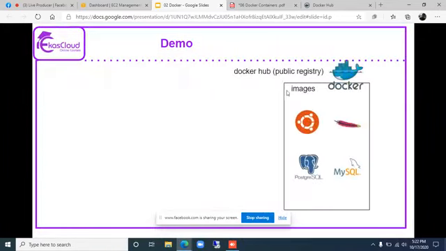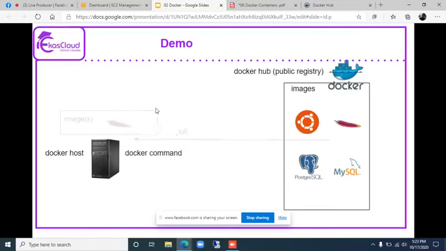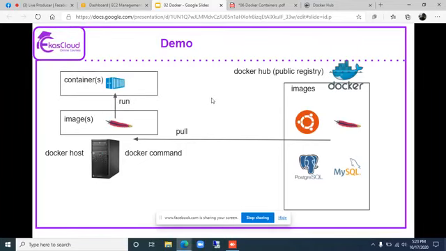We have not yet made this machine a Docker host. We are going to make this machine a Docker host, use the Docker command and pull the image from the registry. And with the help of the image, we are going to run containers. That's what we are going to do.